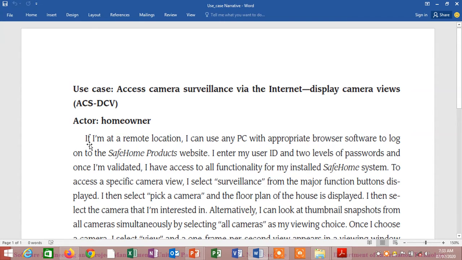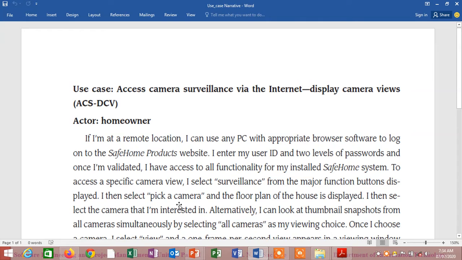The customer narrates it this way: if I am at a remote location, I can use any PC with appropriate browser software to log on to the Safe Home product website. I enter my user ID and two levels of passwords, and once I am validated, I have access to all functionality for my installed Safe Home system. To access a specific camera view, I select surveillance from the major function button, which is displayed.